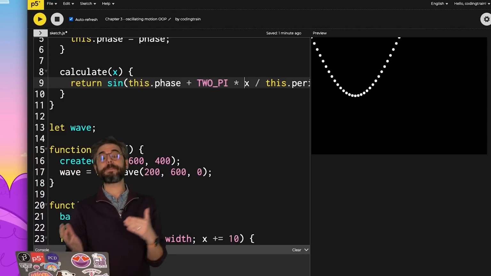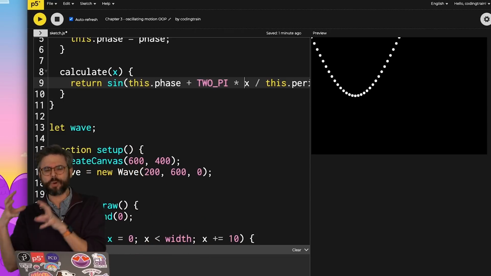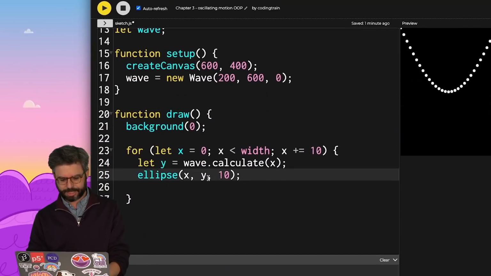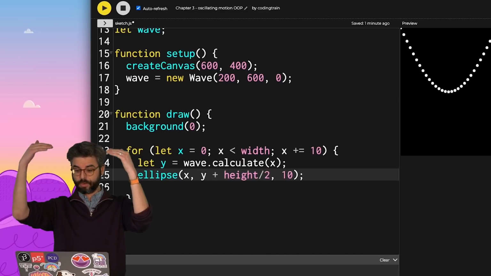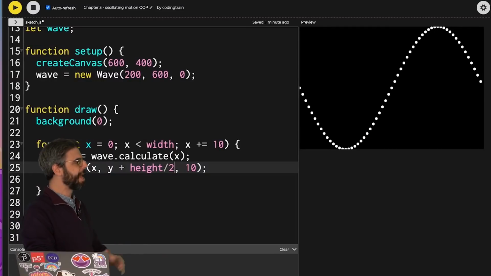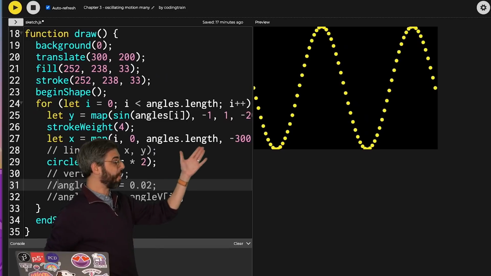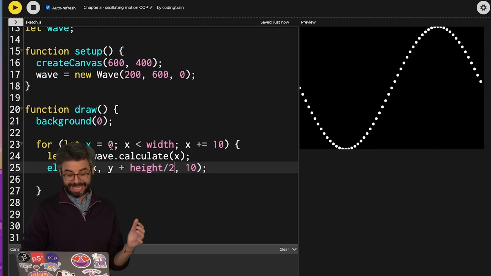This is because in some of my previous examples I had translated the origin to the center. I think I can skip doing that here and just add some offsets here. So for example, I know this should be plus height divided by 2. I should just move all the y values down a bit, and we can see, there we go. I've got essentially what I had duplicated now from the previous example, but I have it as an object, which